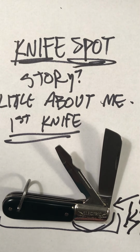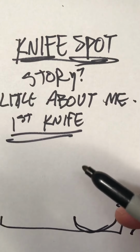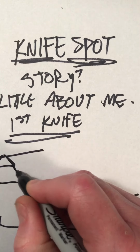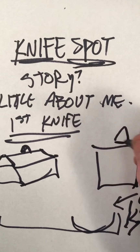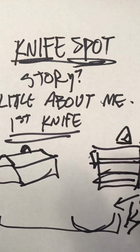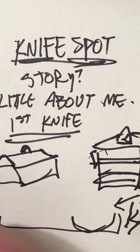Well, I found this old knife in the bottom of my dad's giant toolbox. He had a toolbox, I swear to goodness. You think of a toolbox that kind of looks like this, that most carpenters would carry, right? My dad's toolbox was absolutely huge. It had a huge handle on the top. It had support handles on the side. It had several drawers in the middle. It was absolutely huge and insane, and when I was going through the thing, one day I found this little